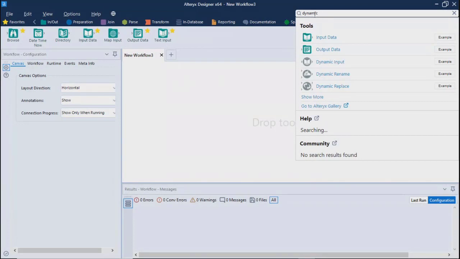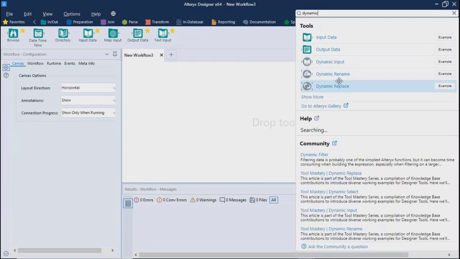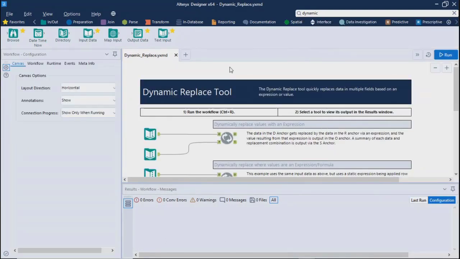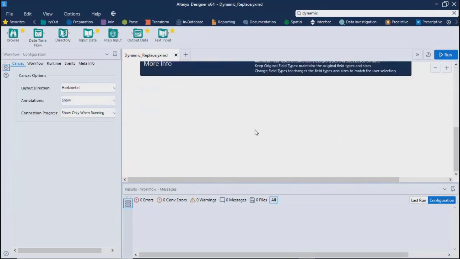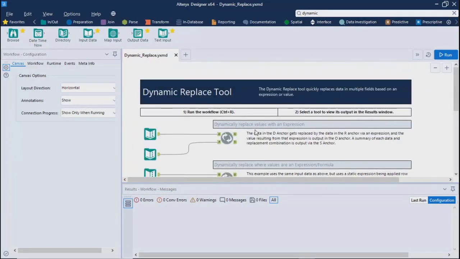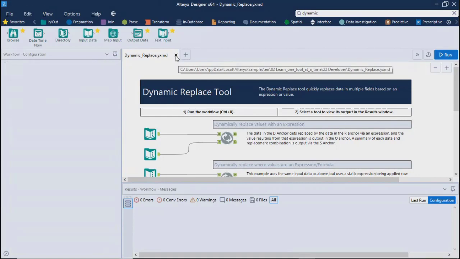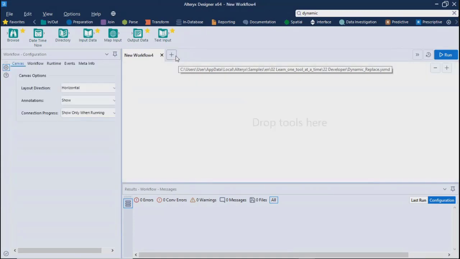As soon as I type dynamic, I can see the things related to dynamic over here. You can open the example. You can search that tool in the community. So dynamic filters or related topics. As soon as you click, within a minute, you can open that information and see the examples. So two-way search will help you a lot once you start working on an Alteryx workbook.